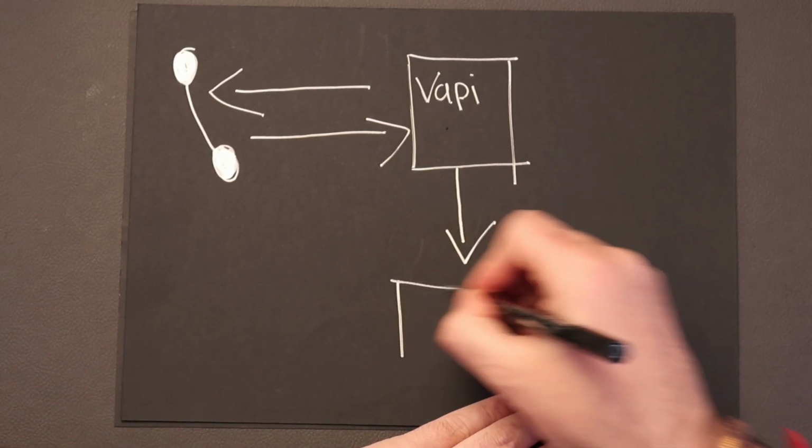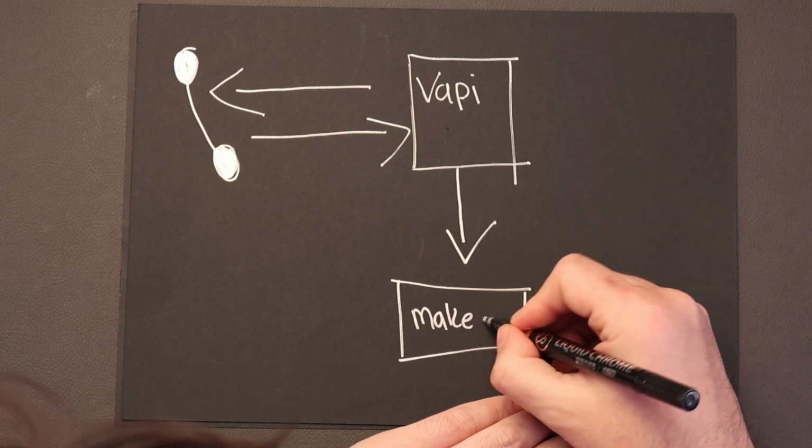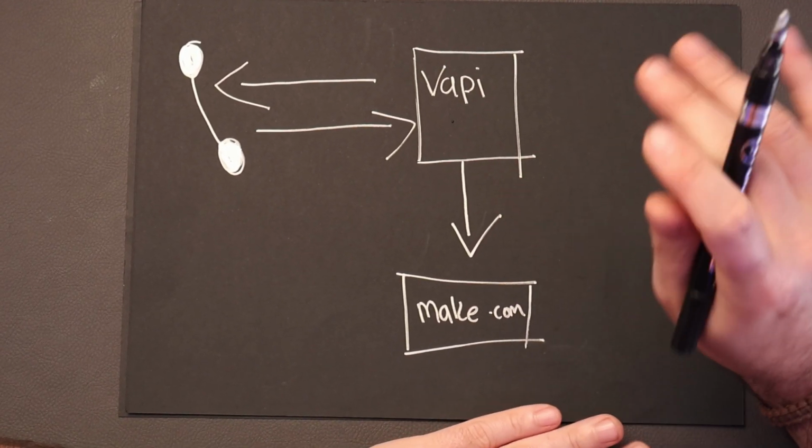But what I'm going to show you in this demo is not just how to set it up so we have our voice agent of Vapi speaking via telephone, but Vapi will then connect to Make.com. So let's put that out here, which is an automation platform. And then from Make.com, we can connect to lots of other things. So do you remember earlier I was saying about how Vapi is really powerful because it enables us to trigger actions and automations whilst the conversation is taking place?